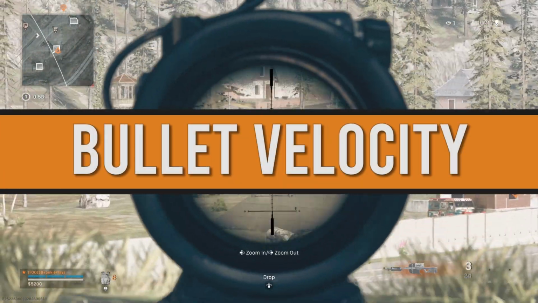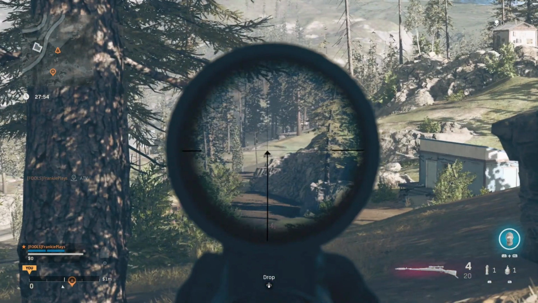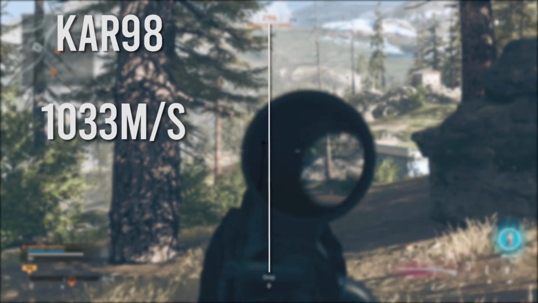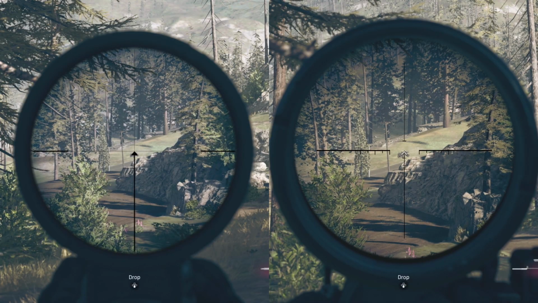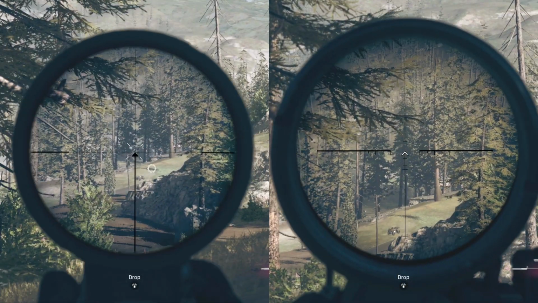For the bullet velocity, I needed to get some hit markers, so I stood 370 meters away from this car and I shot at it to get the hit marker. And for the bullet velocity on the Kar98, it comes out at about 1033 meters per second, and the K31 comes out at around 950 meters per second. As you can see in the video, the Kar98 hits the target a whole 3 frames faster than the K31 using these loadouts, so that's quite a big difference between the two,